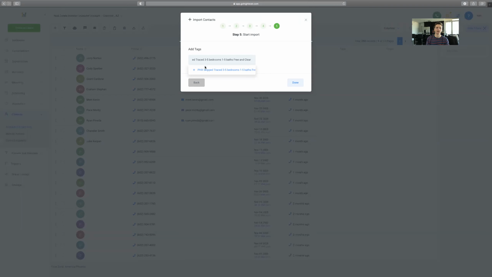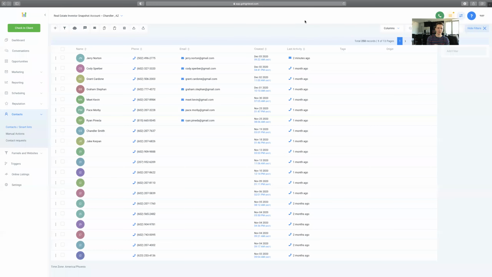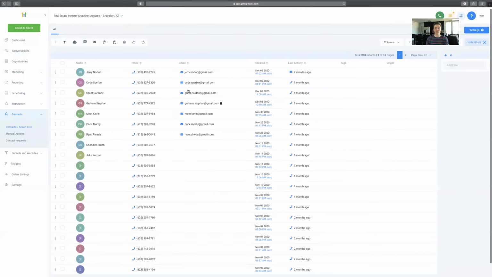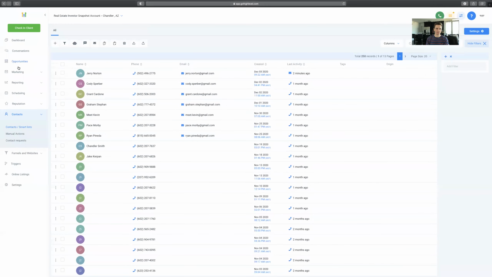Now I know exactly what list this came from, and then I hit done. It's going to automatically import all of those people off of that CSV file into this, and then I can start text messaging every single one of those people, right? So really simple. I can go here, I can select the records, and I can go and add them to